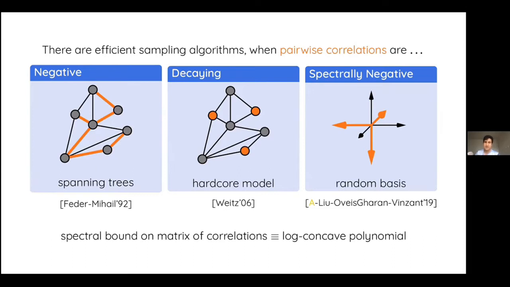So we have these types of properties, and the natural question you might ask about monomer-dimer systems is whether monomer-dimer systems satisfy any of these. And I want to show you that basically they don't satisfy the first and the second, and they don't satisfy the third, but they satisfy basically a weakening of the third.